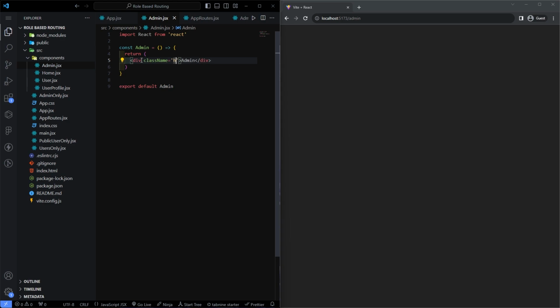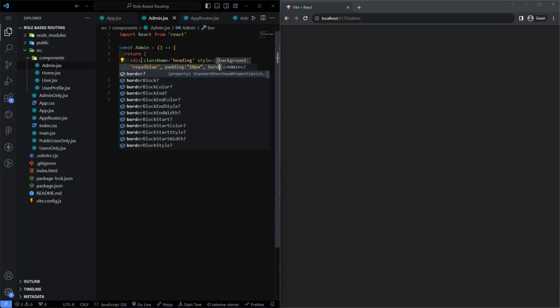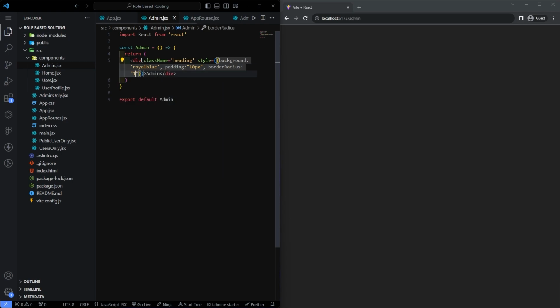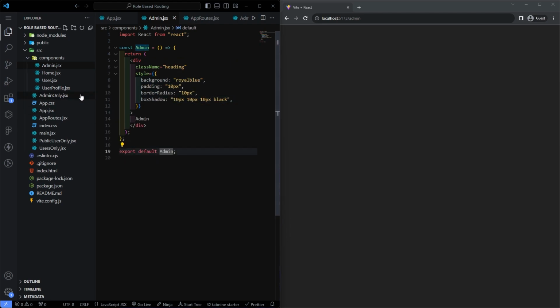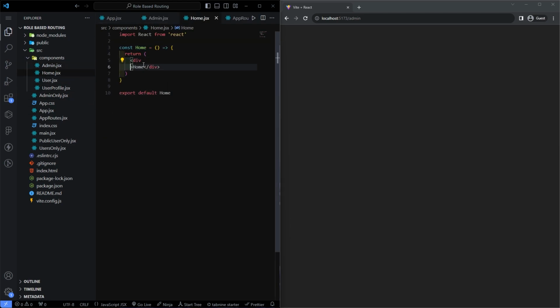First we have a class name of heading and then give some style. First is give a background color which is royal blue, then give padding 10 pixels, then we have border radius of 10 pixels, and after this we have a box shadow which is 10 pixels, 10 pixels, 10 pixels and black. Okay, just copy this style and in the home paste it here